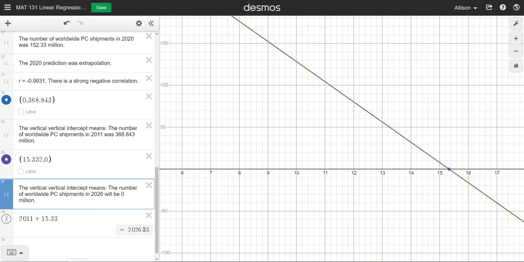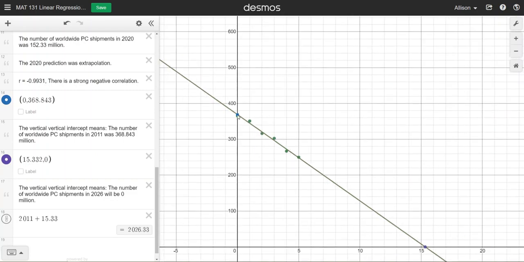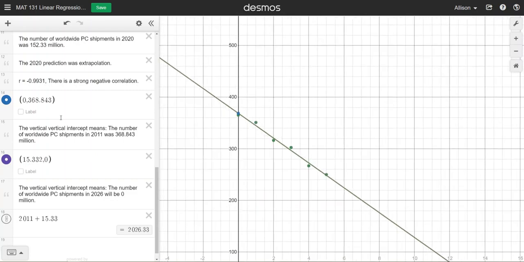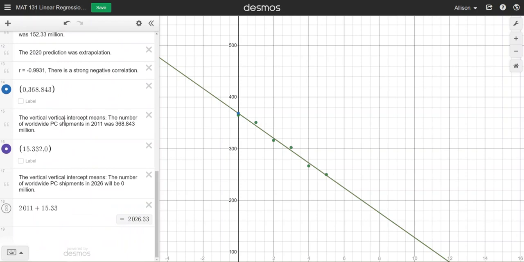And that's my solution. Now, anytime that you have a prediction that is not likely to be true, you should probably put in a quick note to say so. I didn't do that up above, partially because I don't have very far extrapolation for here, and this was reasonable. We predicted that there were about 368 in 2011. The actual value was 365, very, very close to 368. So that was a very reasonable prediction. So I didn't make a note up there, but this one,